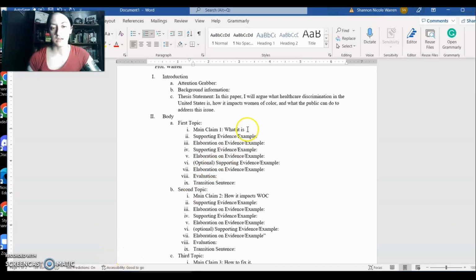So what is it? I can't just leave what it is. I at least want to try to write out what this is going to be. Here, where it says main claim 1, I want to at least give an introductory sentence that I could use when I actually write this body paragraph. For the first line of every body paragraph, or at least every topic in your paper, you want a sentence that not only introduces that idea, but connects it back to the main argument. So, for instance, I could say something along the lines of,